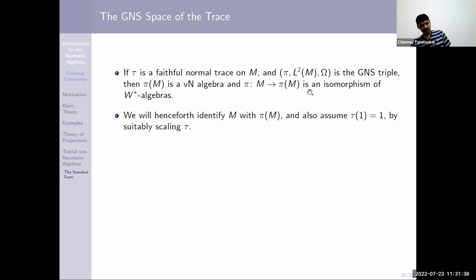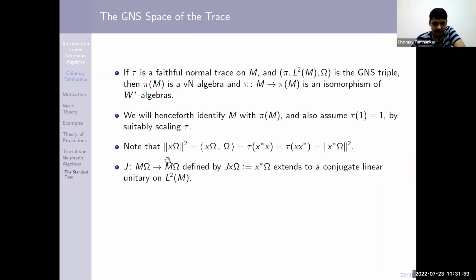So irrespective of where we start, whichever B of H M is a subset of, this is the embedding to look for, the embedding of M inside B of L2(M). And we will also assume that tau of 1 is 1. We can do this by suitably scaling tau. Okay, so now